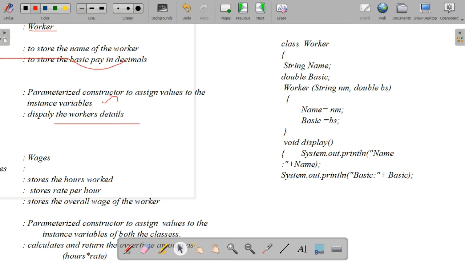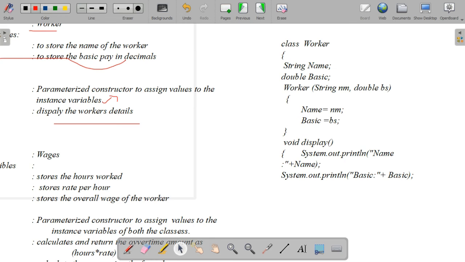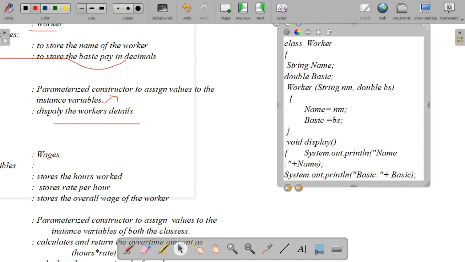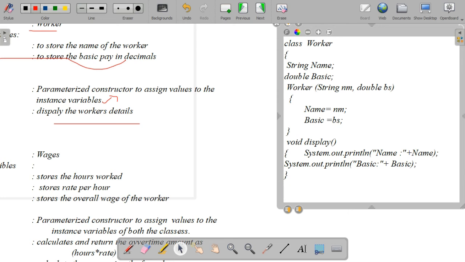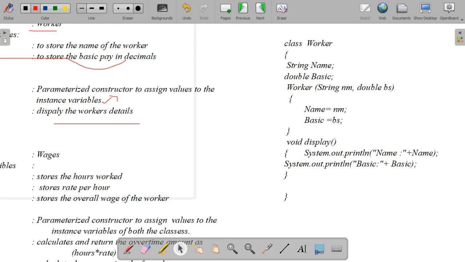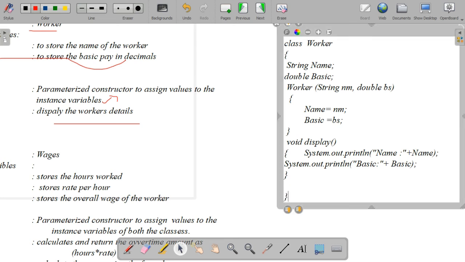We have written the class. This is the base class. Class worker has two data members, instance variables, name and basic. Inside the parameterized constructor we have passed two parameters, one for the string name and another for the double value, and inside the constructor we have initialized the values, instance variable equal to the parameter.